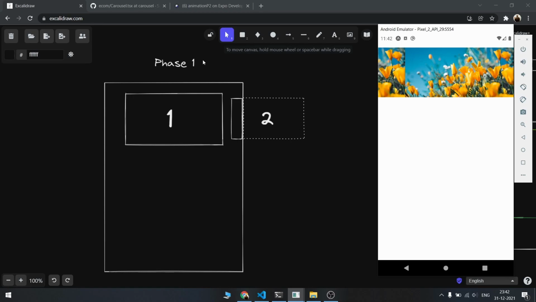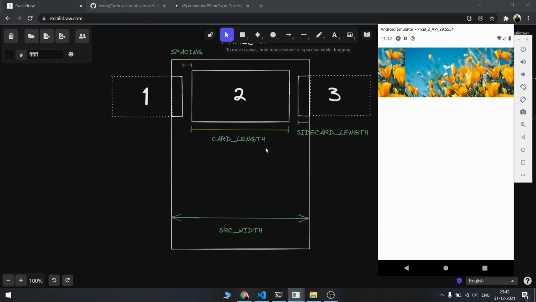For example, in phase 1, the first element is showing, and the margin on the left of it will be this much, and on the right it will be just the spacing, because on the right there is a side card, but on the left it's empty.